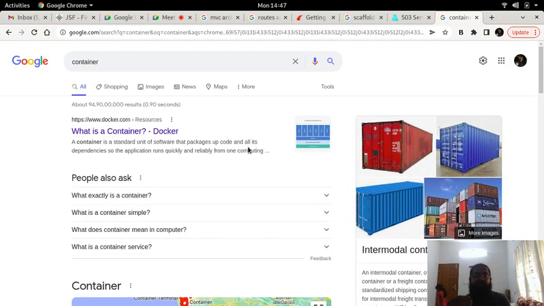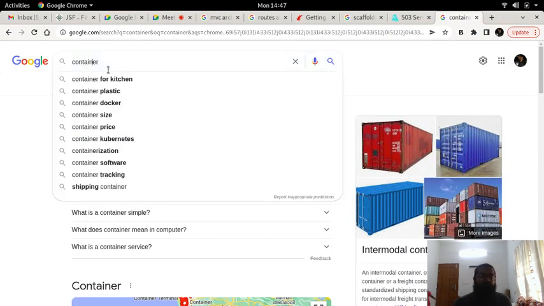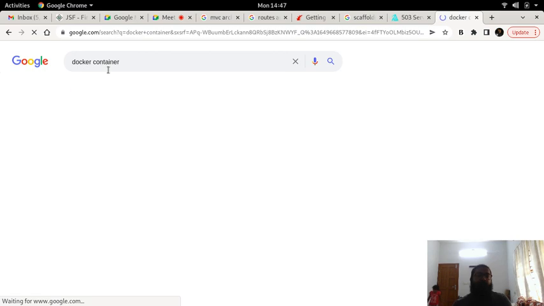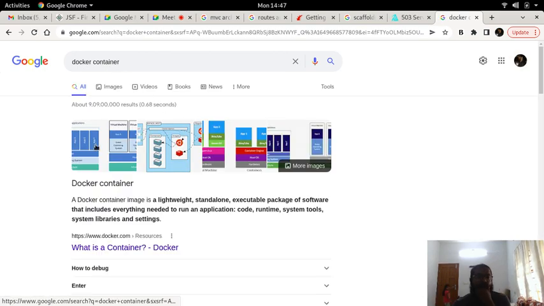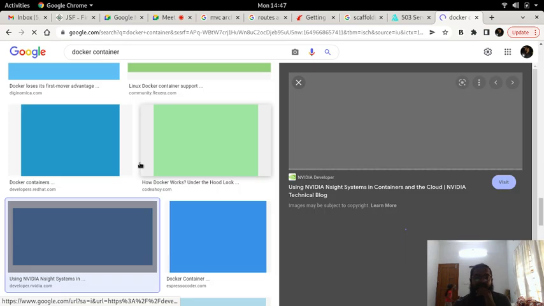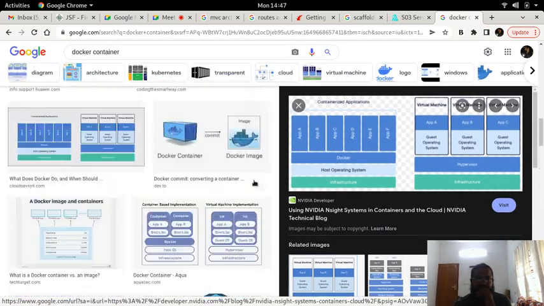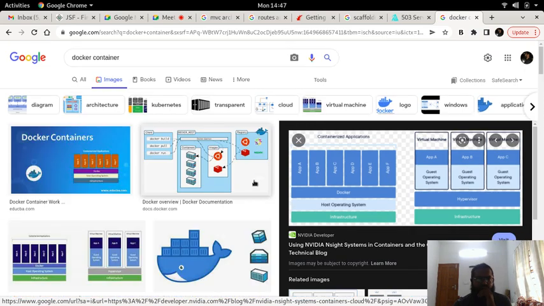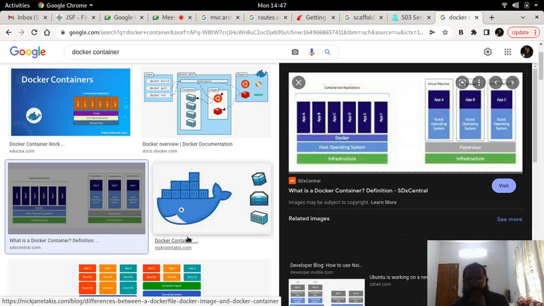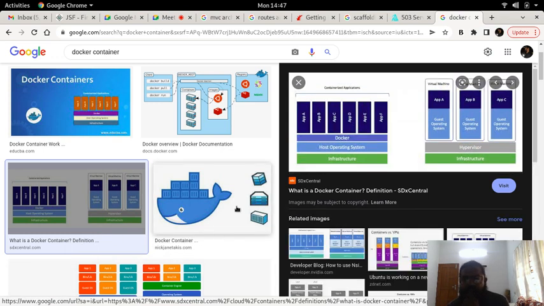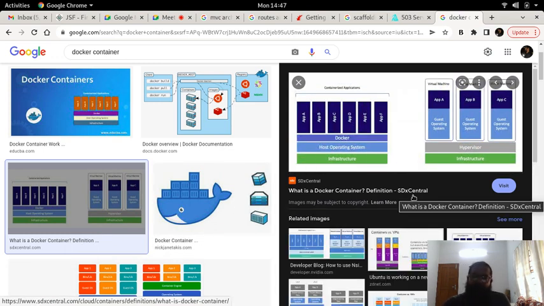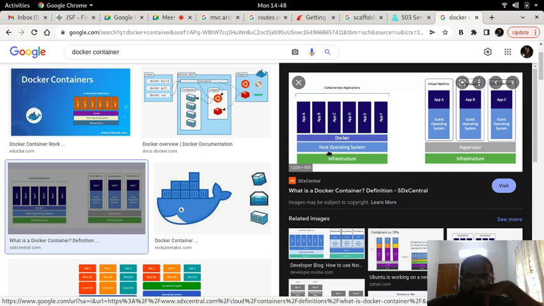So let's take a look at what is a Docker container. Okay, so Docker is a software. Okay, so here you have a host operating system and a hypervisor.